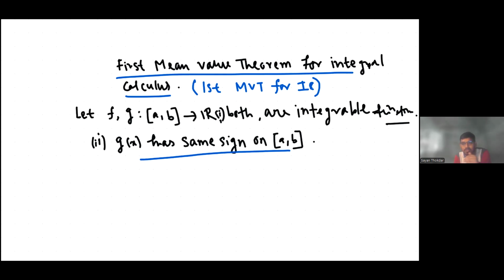That is the hypothesis; I have not concluded yet. So f and g are both integrable functions, and g of x has to have the same sign throughout the interval. That means it is either positive throughout the interval or negative throughout the interval. That is the meaning of having the same sign over the closed interval. Then,